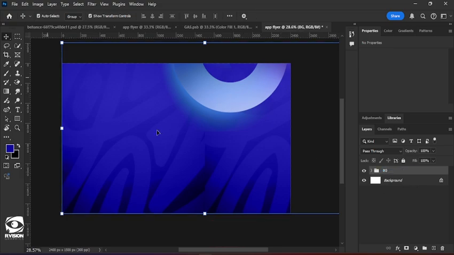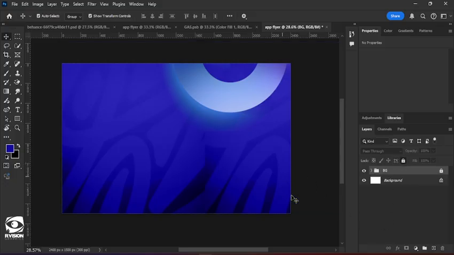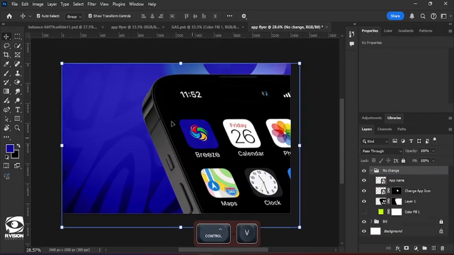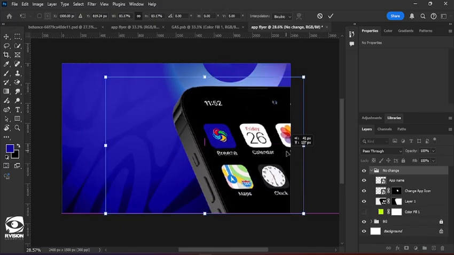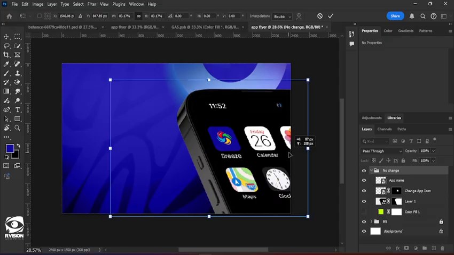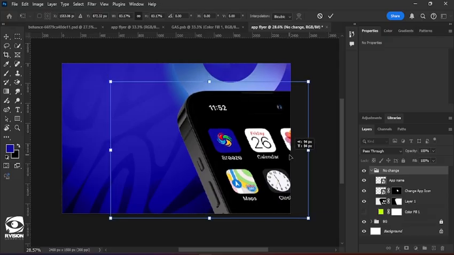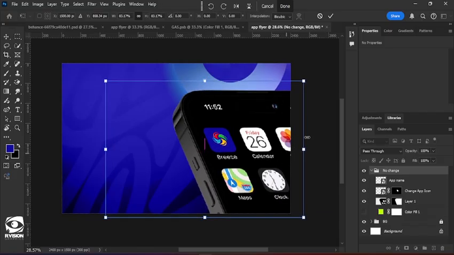So once you have that, you can lock it and we'll go ahead to import the image. I press Ctrl C to copy it already. So select on this, press Ctrl V and you have it here. So we can go ahead to make edits on how to resize it and all. So once we get it to the perfect size and position, we can move ahead to